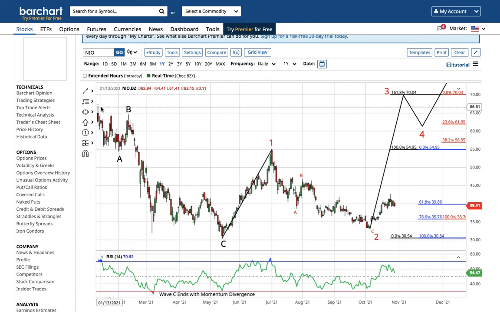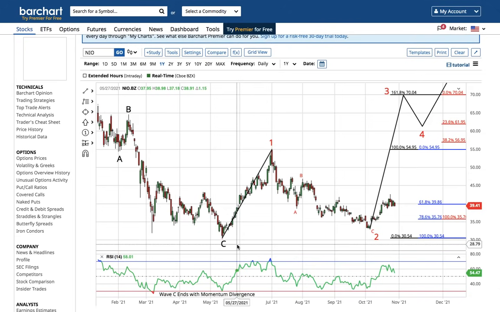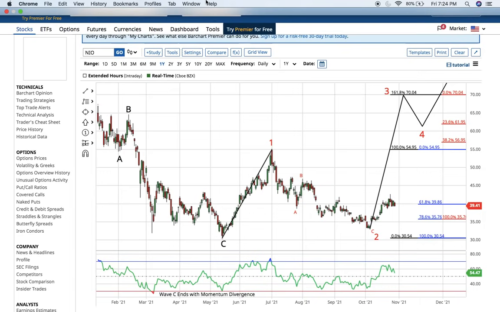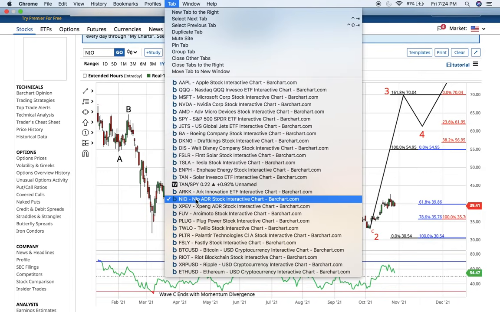I love that solar stocks like First Solar and Enphase Energy are breaking out above their first quarter of 2020 highs. I think NEO is going to be next. It's going to break the January high, go to 70, have a shallow wave 4 correction and a wave 5 higher to 85 in the first part of 2022.